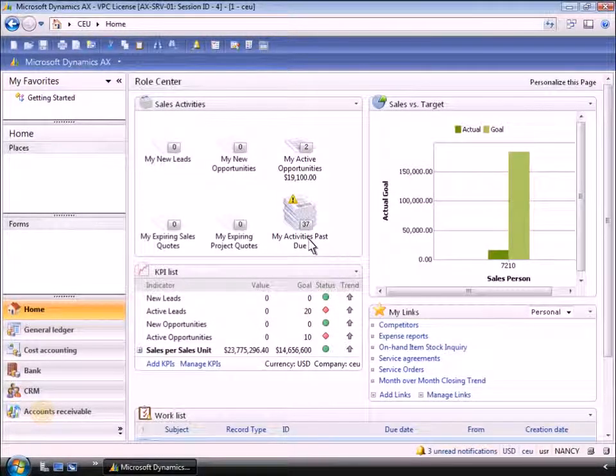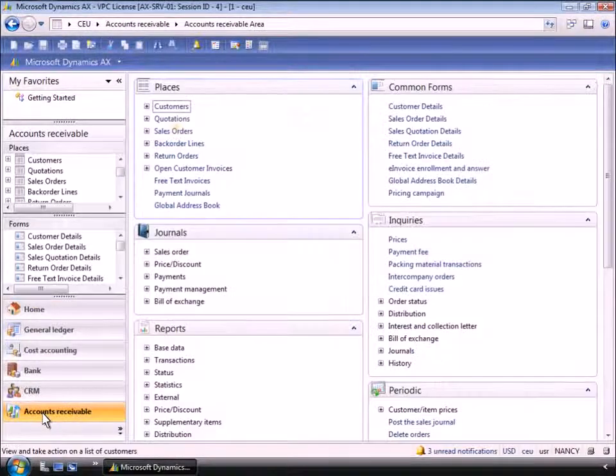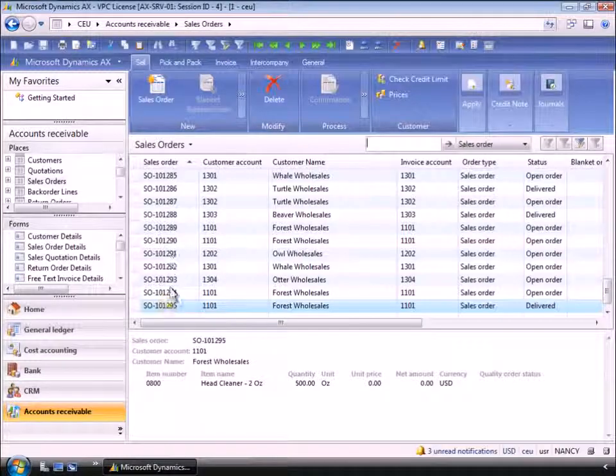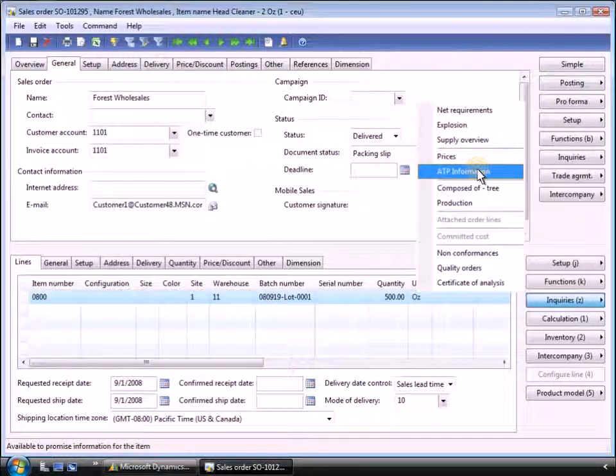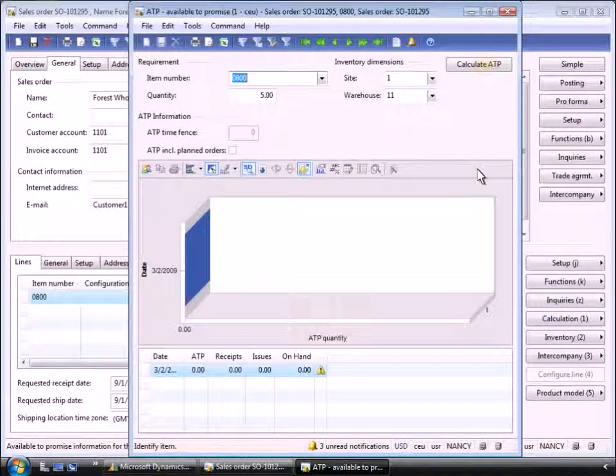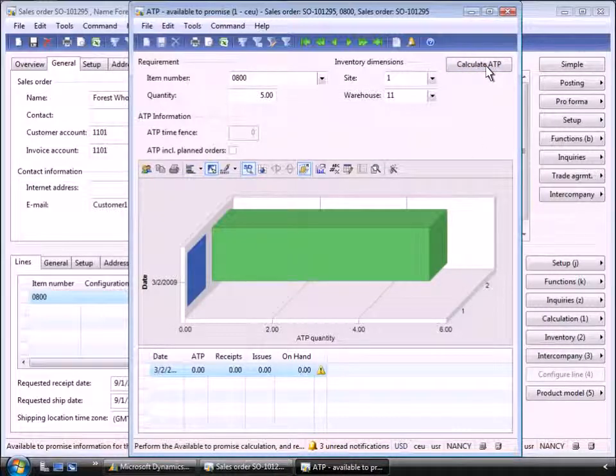Microsoft Dynamics AX supports multi-site operations across the entire application. For example, multi-site support is enabled in production, master planning, and available to promise functionality. By drilling into this sales order, I can run the ATP functionality from the lines. For this sales order, we don't have stock on hand in the default location. However, if we change the site, we see that we have stock on hand to complete the sale and keep